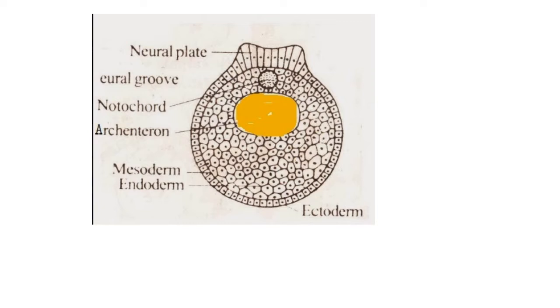So this is the structure where, under the neural plate or neural tube, you have the notochord. It is ventral to the neural plate but dorsal to the archenteron. It is found on top of the archenteron, where the chorda mesoderm cells form what is known as the notochord. It is lined by three layers of sheath.